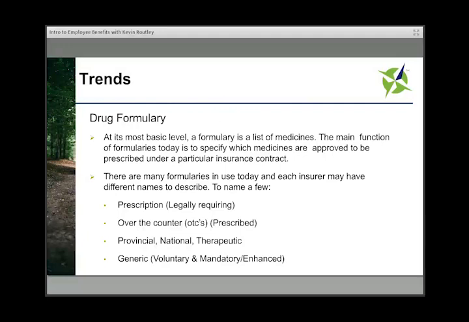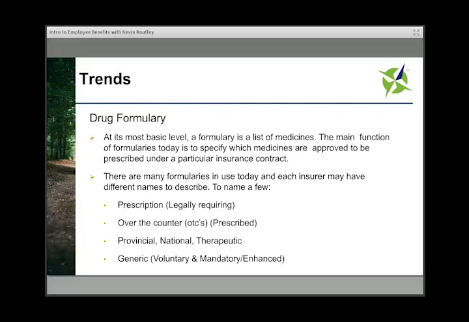There's also many insurance carriers that provide a mimic of the provincial formulary, which in Ontario would cover 4,400 drugs. 4,400 seems like a lot, but it only covers about 65% of all medications that are out there. There's some programs that are national formulary that is a combination of all the provinces across the country, but still leave gaps. And there's also therapeutic formularies that employers can customize to their employee makeup.